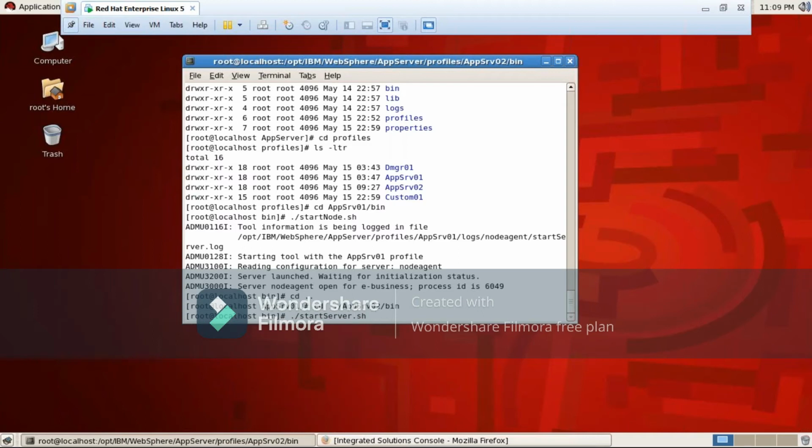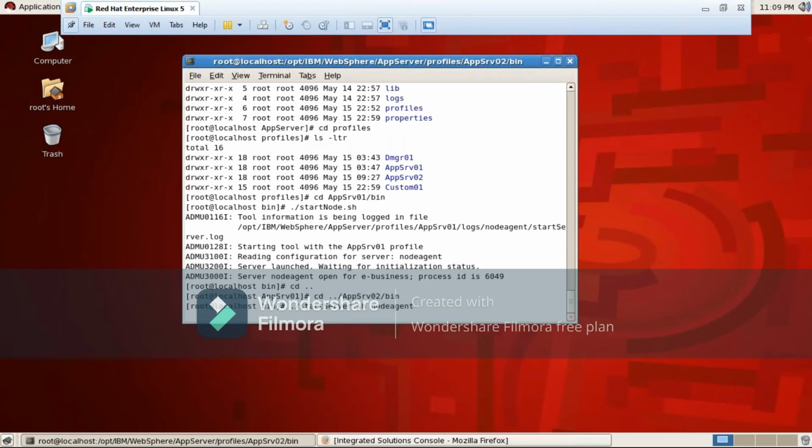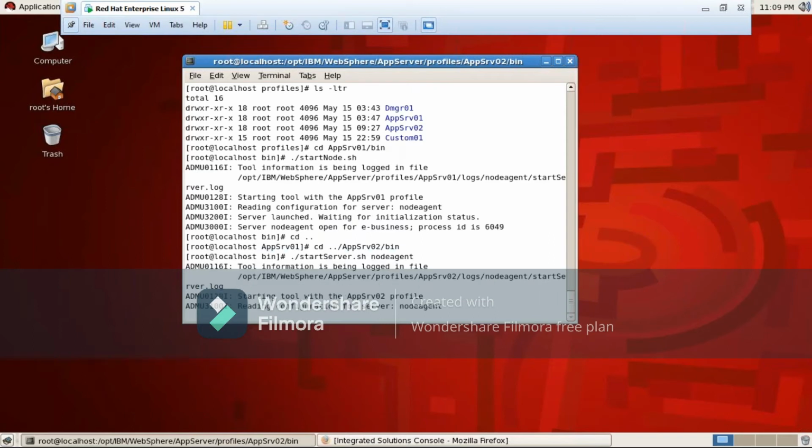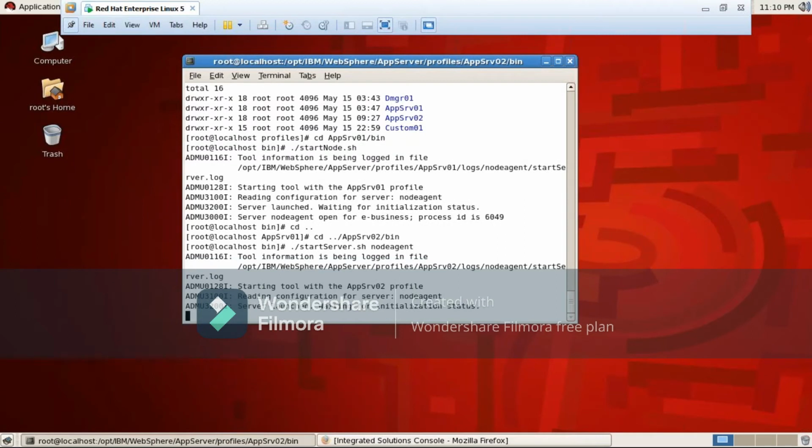If I want to execute with this command, what I have to give? Nodeagent, the JVM name. In this way also I can start the node agent. But for node agent and for deployment manager, directly we have the commands. What are those? startNode and startManager. And both we can start as JVMs also. The syntax is the same: startServer.sh space and JVM name.